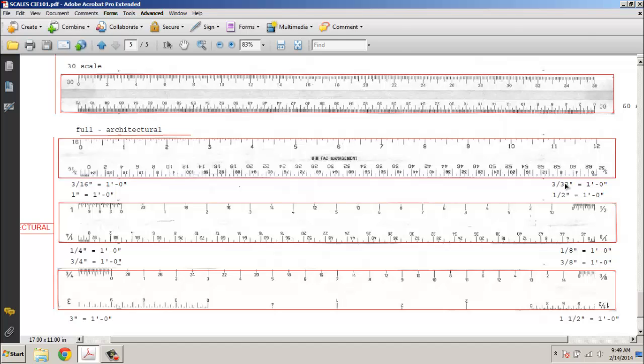Here's a 3/32 on one end. 3/32 of an inch equals 1 foot. Down here we have 3/16 of an inch equals a foot. So if we were to take this line and move it down, and I find the nearest whole number where what's left over goes down into the divided area, then this would be 13 feet 8 inches